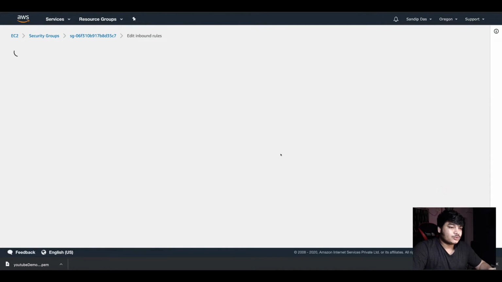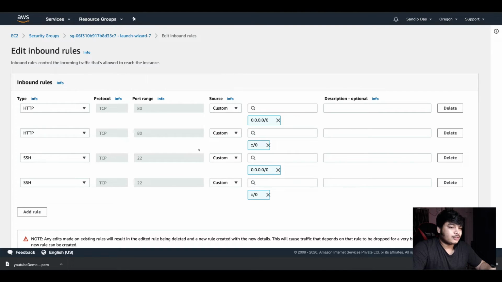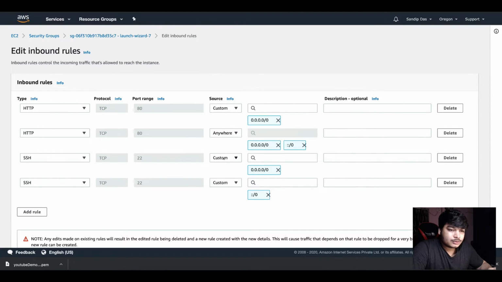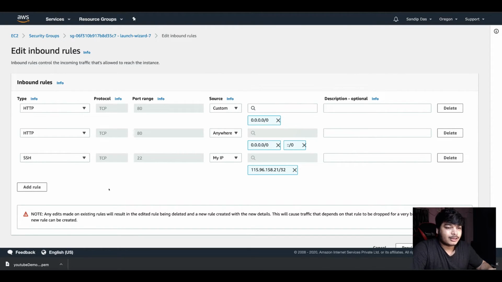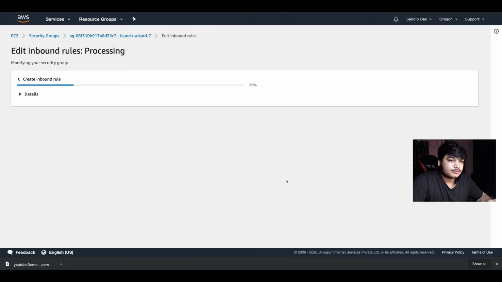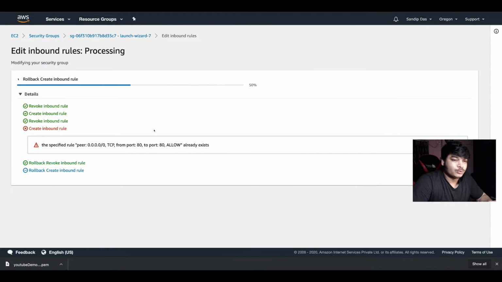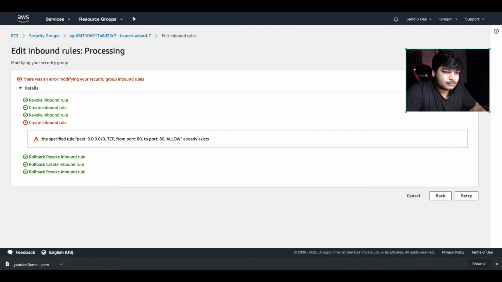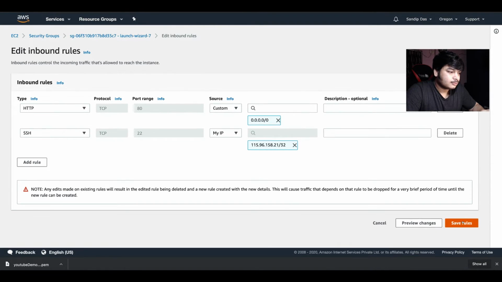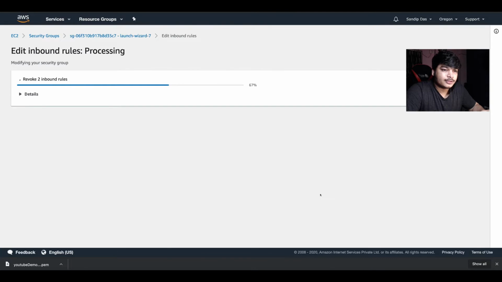Okay, suppose you want to make sure that SSH should be only accessible from my IP. You can do like, sorry, not HTTP. From my IP, then it will become your IP only. Just remove this one because I don't need it, and save it. So other than my IP, no one should be able to. Go back. HTTP is there. Delete this one. Save rules, and you're done.